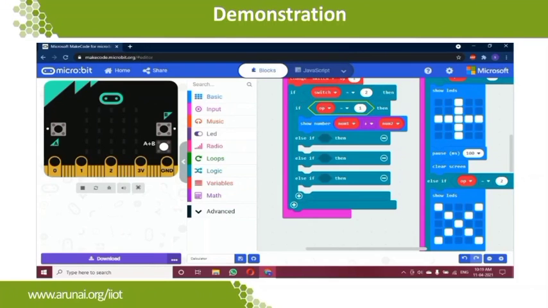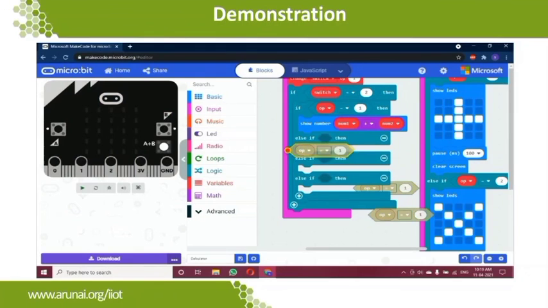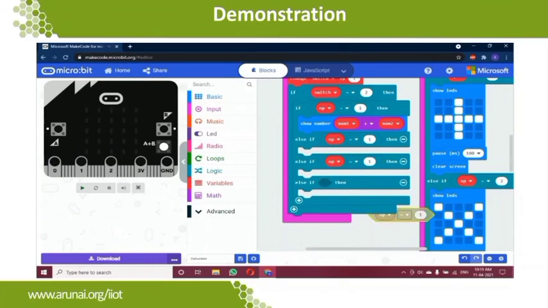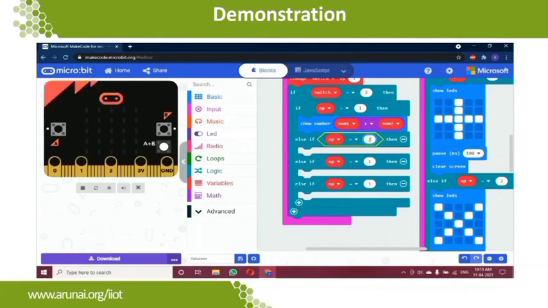So we are having 4 operator values, so I'm having 3 else if parts and the if part. In the else if parts, I'm going to duplicate the operator value conditions, place them in all the blocks and change only the operator value. So I'm going to check operator equal to 1, operator equal to 2, operator equal to 3, and operator equal to 4. That will be my entire check for button B.